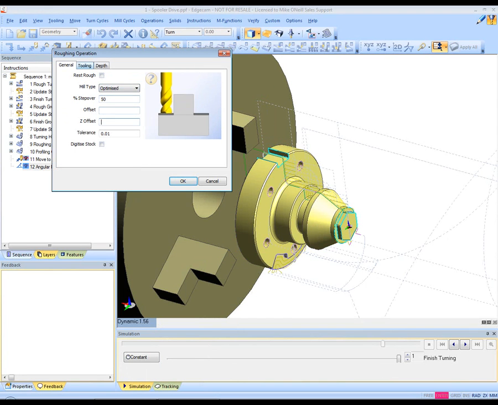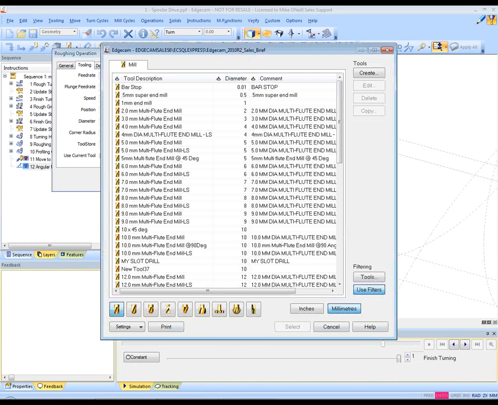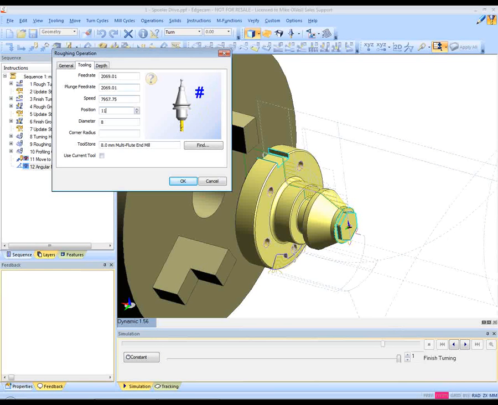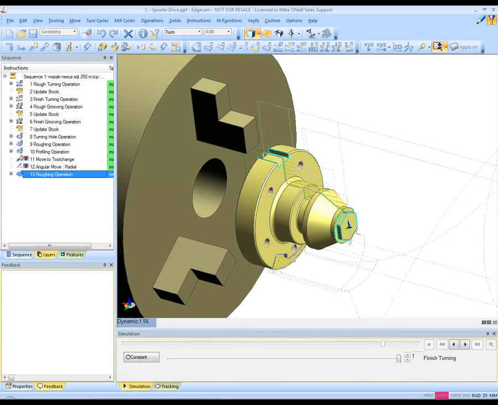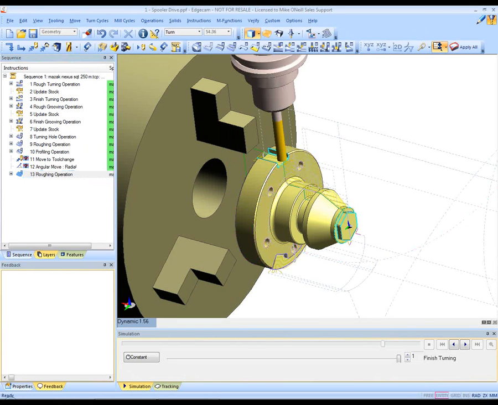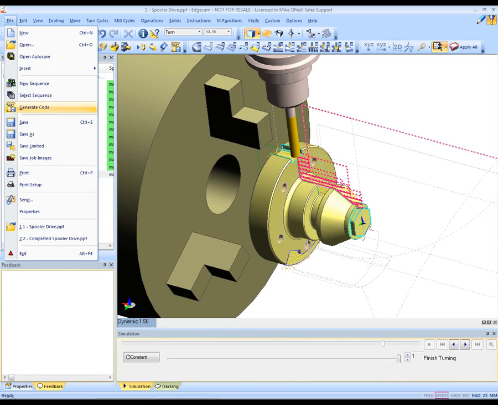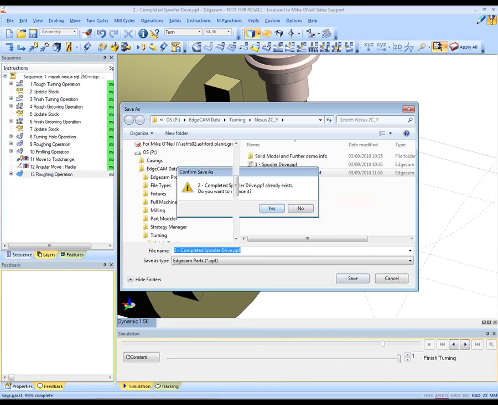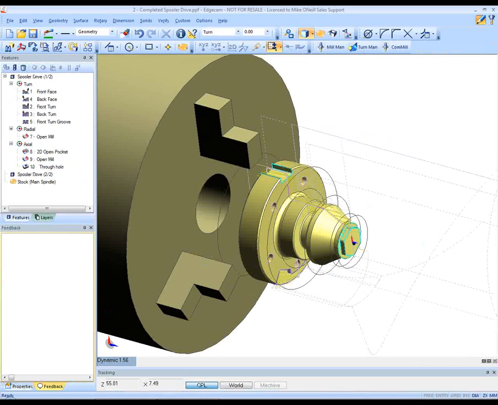As we saw before, the same dialog command is being used. We'll use a slightly larger 8mm end mill in this particular case. Again, we'll just check those levels and depths, which are again associative to the solid model, and we can see that we've now produced the slot on the top face. So we're just going to save the file away there, and now we're going to come back and reload the